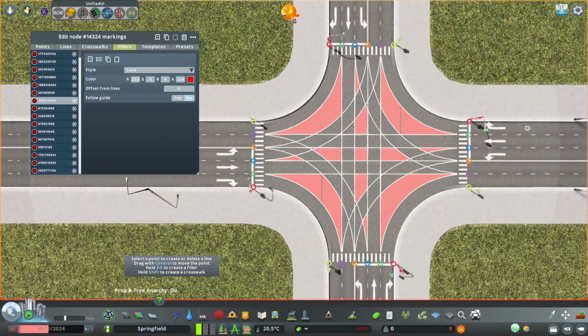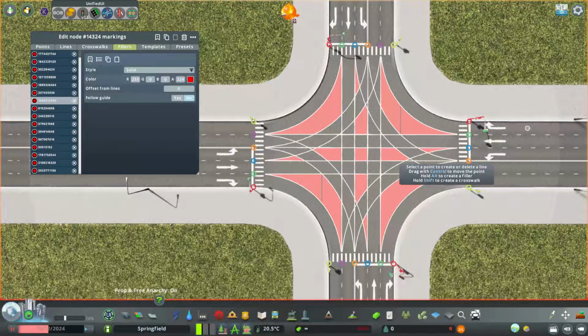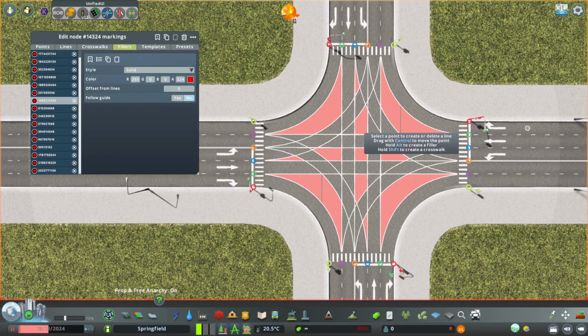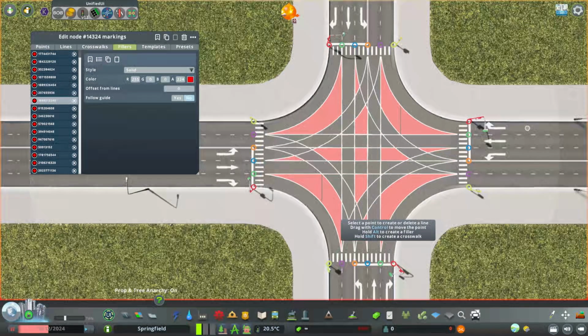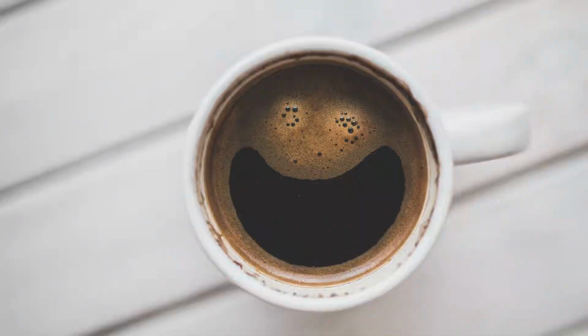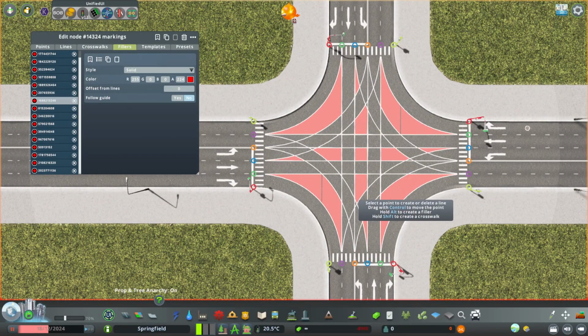Which leaves us with that. As you can see, that's the left turn, that's the straight, that's the right turn. And everything where no car is crossing is red now. And at this point you should grab some tea or coffee, because we will sit here for a while reworking